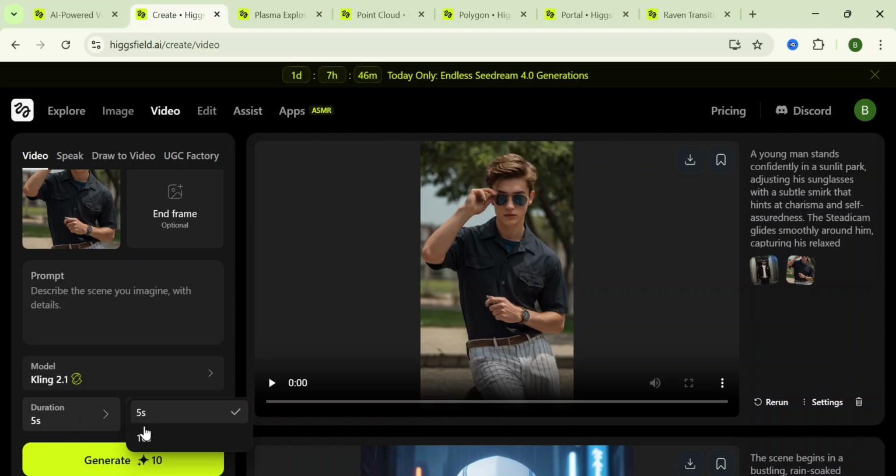But if it's not sufficient for you, just click on the next one, and also check your resolution. So we can see the higher the resolution, the higher the credits. So after this, just click on generate, and after a few minutes you will have your video ready for download in this area. Click on download here, and